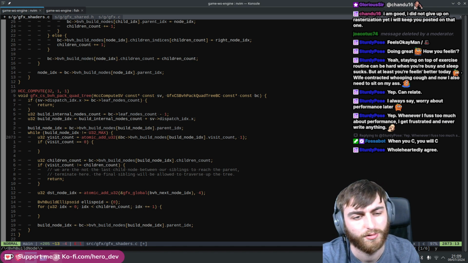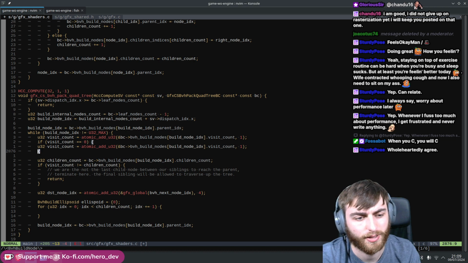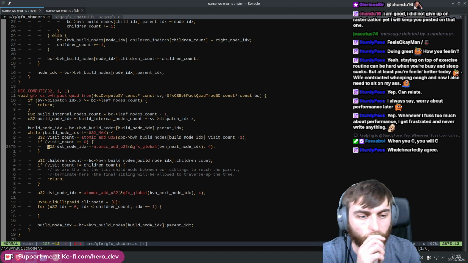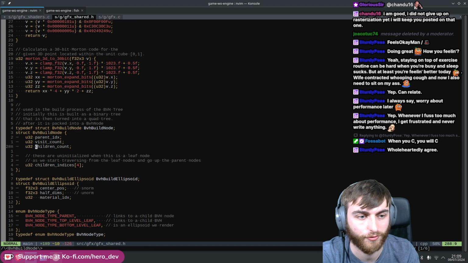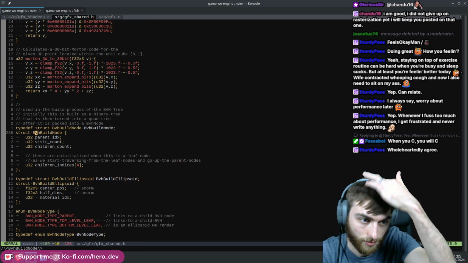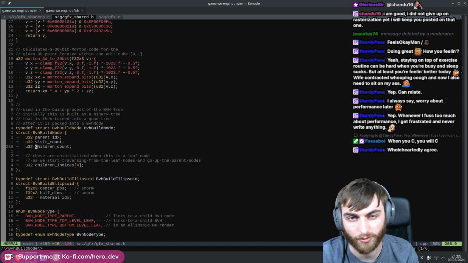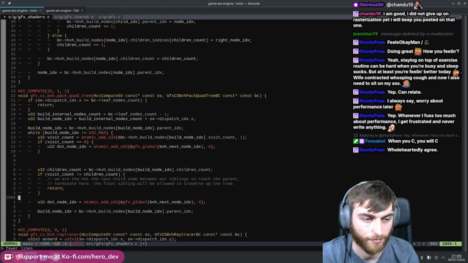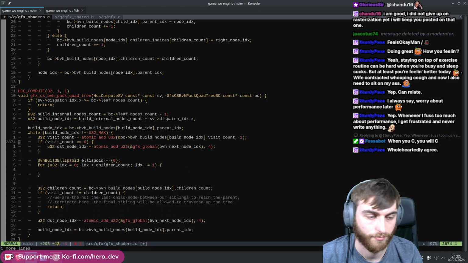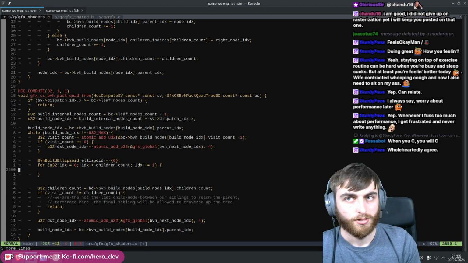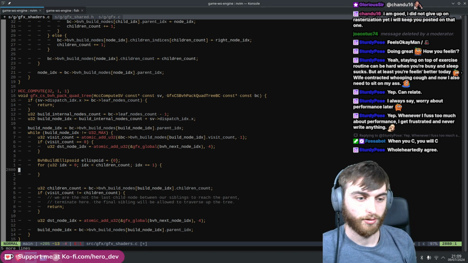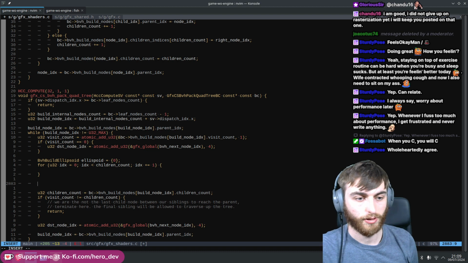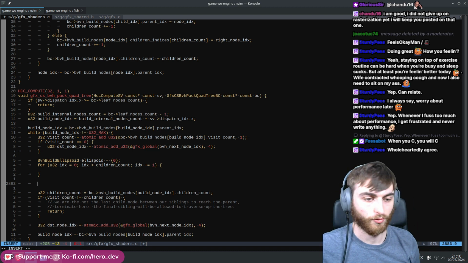Maybe it won't though. But yeah, you'd want to bump allocate. Say if I bump allocate this here, and then I gotta put it somewhere, so maybe I'd store it in this build node. Like, hey, this is where they go. And maybe it's initialized like U32 max. And then here's where we do that for loop over all those ellipsoids, and then produce the bigger ellipsoid, and then we get the destination index and store our